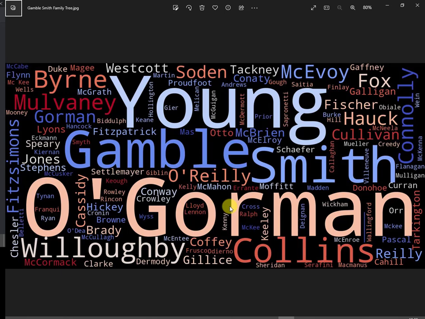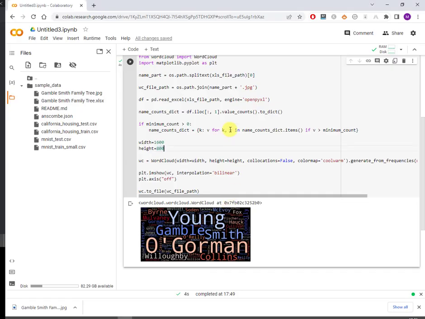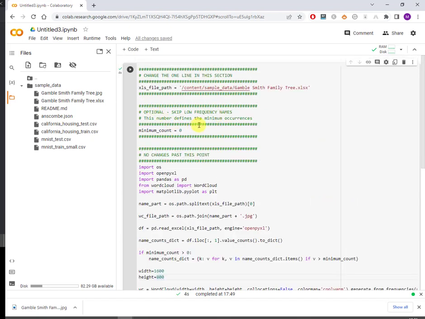That particularly happens with the spouses of your blood relatives. The husband or wife of your blood relative, that surname may appear just once, and therefore you may have a lot of last names in your family tree where there is only one person of that name. This is why I put an extra section that I highlighted where you may choose to skip low frequency names. For example, if you wanted to only include names where there was more than one occurrence, so at least two,